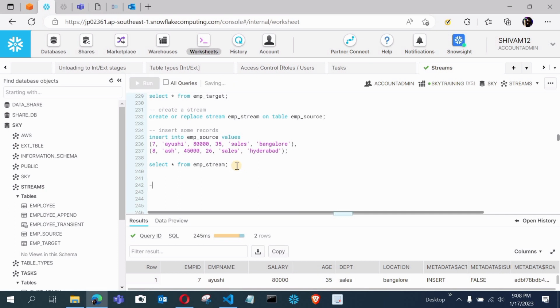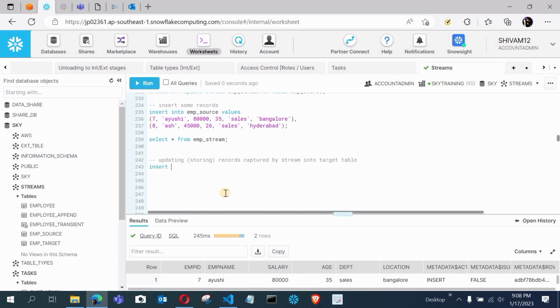Let me type here a comment: storing records captured by stream into target table. We will capture and consume whatever data is being captured by the stream into the target table. We can do that with this syntax.